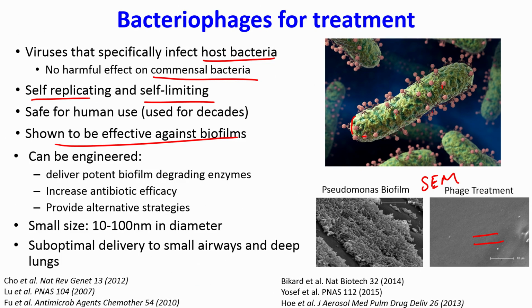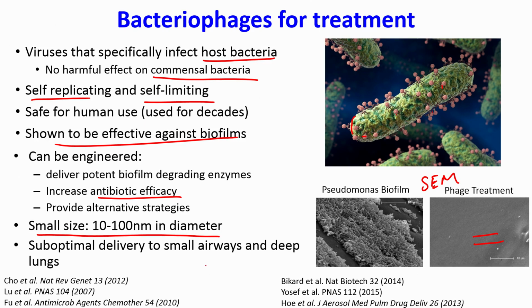Other things is like any other viruses or any other genetic material, they can be engineered. So you can put other enzymes into these bacteriophages also to increase their potency. They can increase even antibiotic efficacy, so you can use them as a co-delivery with antibiotic, or you can use some alternative strategies also. However, one challenge is their size is fairly small, so they are about 10 to 100